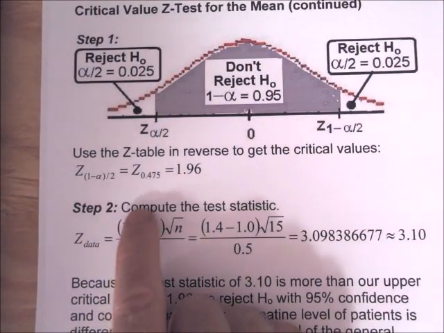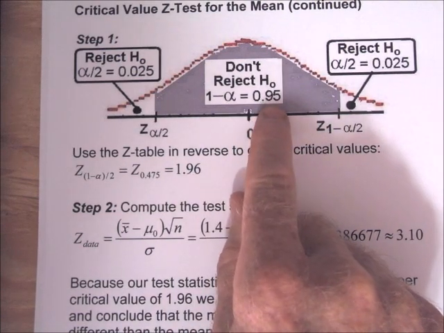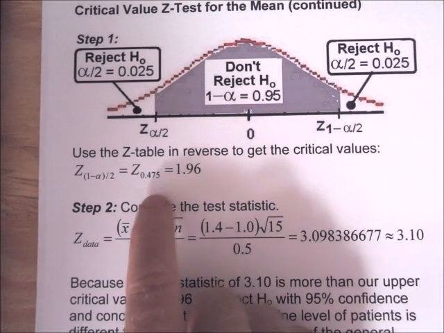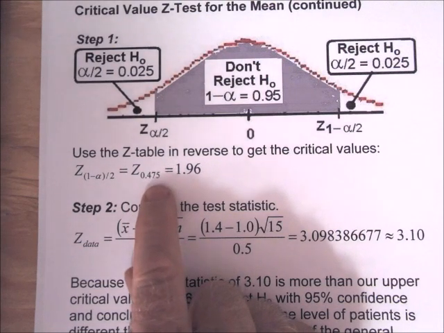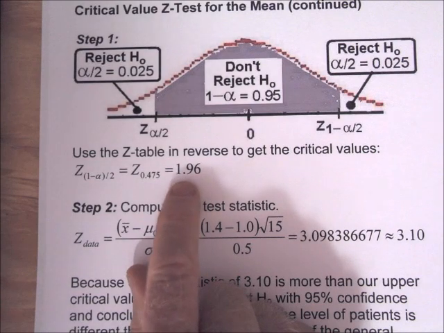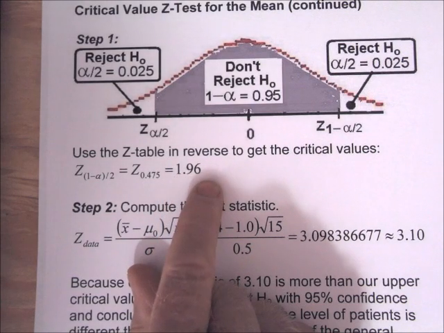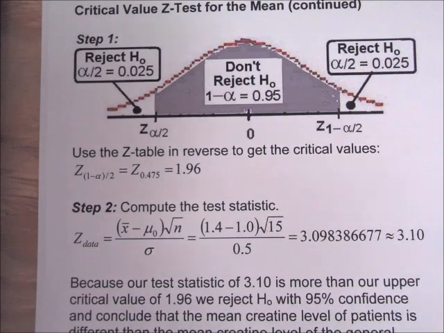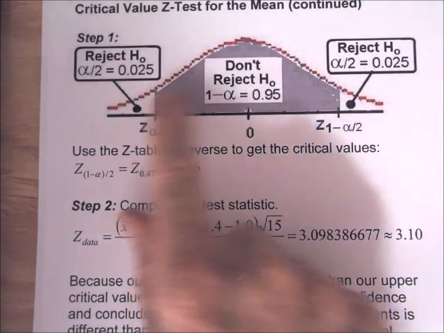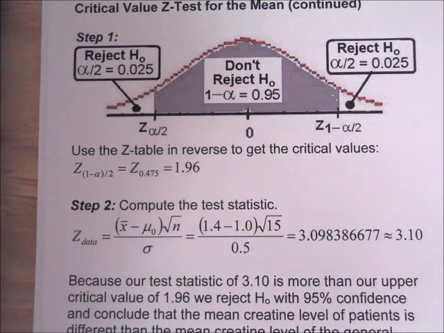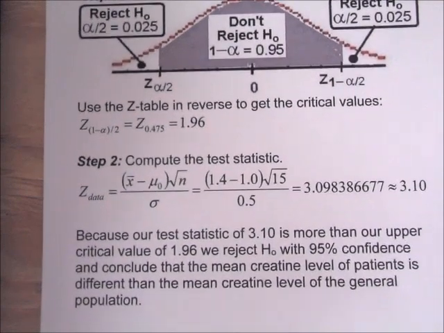We actually want to look up 0.95 divided by 2, which is 0.475, and look for 0.475 in the body of the z-table, and it's in row 1.9, column 6. So the upper critical value is going to be 1.96, and the lower critical value would be just the opposite, negative 1.96, because the normal distribution is symmetric. And then we can compute the test statistic,